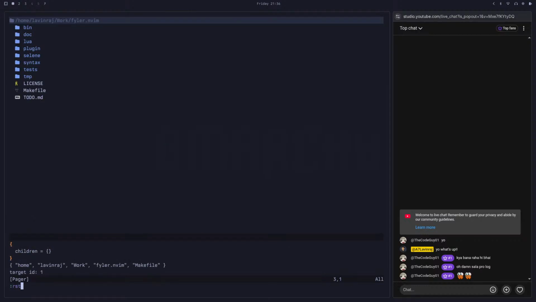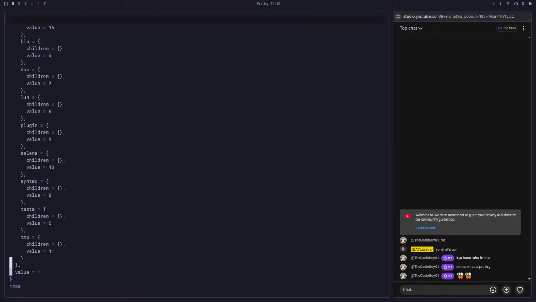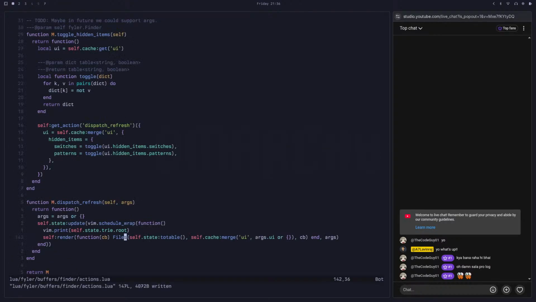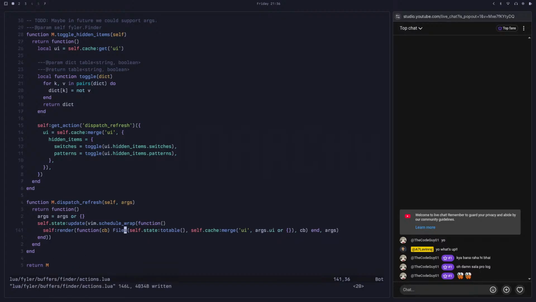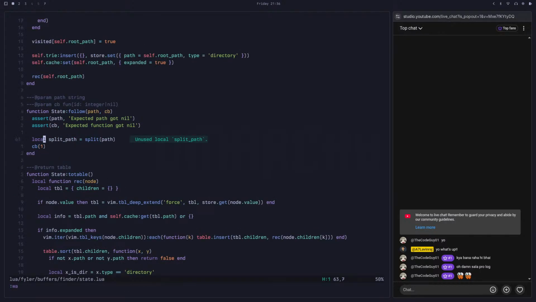Let's try to debug, restart with this. Okay, this structure is correct. This is the exact thing that I want. Now let's go to state. So here we have split path. Now we have to go through each of the